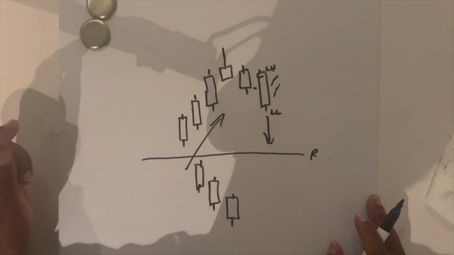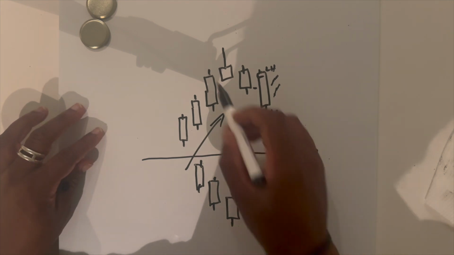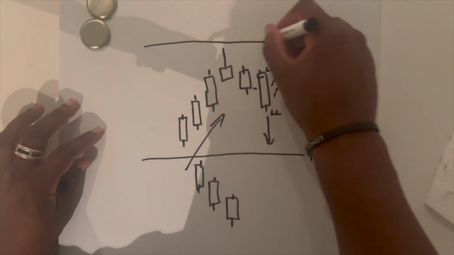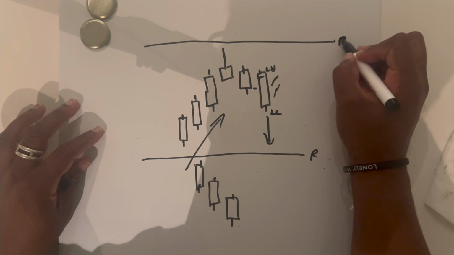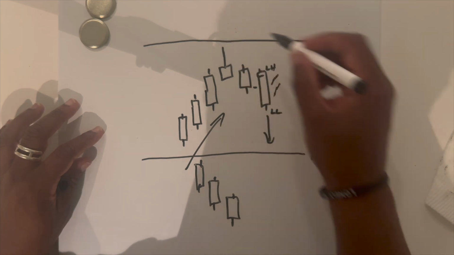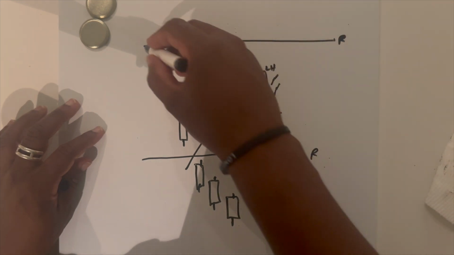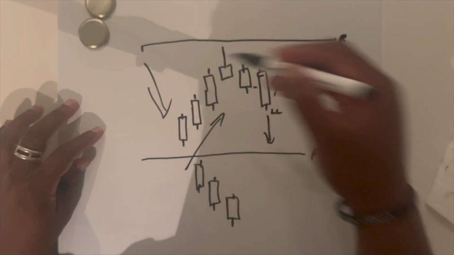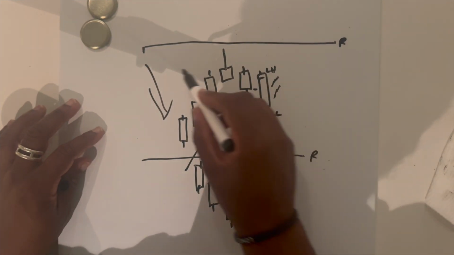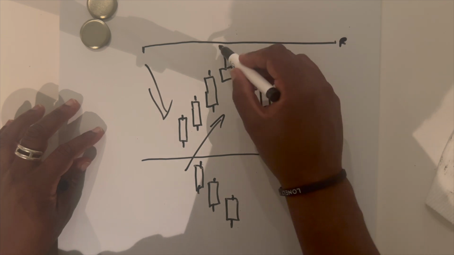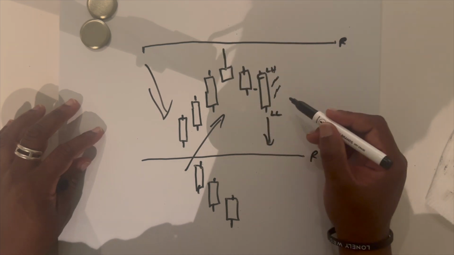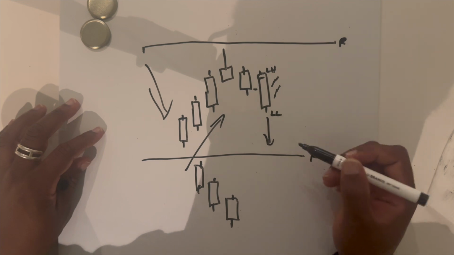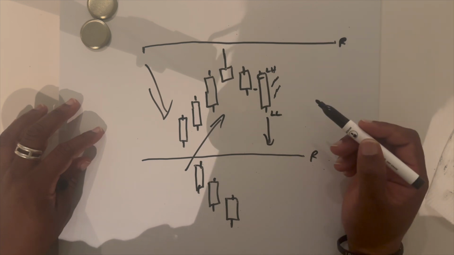Also, you want to make sure that there's a confluence, right? So that's one thing, right? Seeing this up here at another resistance level, right? Showing this reversal at a resistance level that was previously failed in the past is another confluence as to why this reversal candle is actually valid. Okay, so that's two things. There could also be